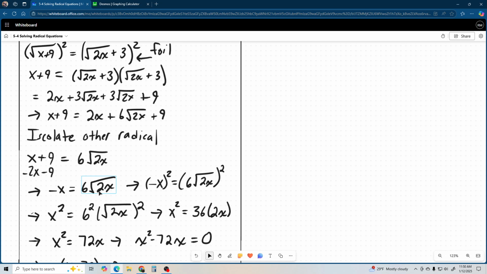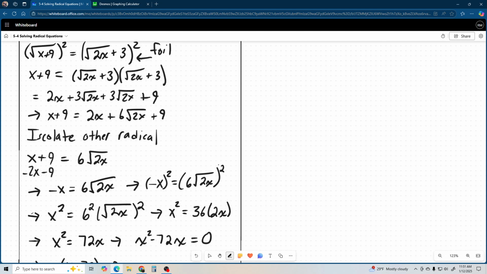Now, if we want to get rid of the radical, we have to take the square of both sides, right? So we square the negative x, and we square this side. Negative x squared is just x squared, so x squared equals 6 squared, because remember, in these kinds of situations,